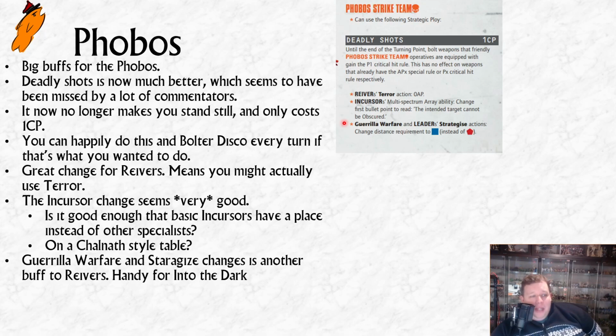Now, my only downside with them, really, is because they had so many buffs and different things, you do need a lot of bits of paper and a lot of asterisks and a lot of remembering where stuff is to play Phobos properly. Unfortunately, they've got buffs here, they've got buffs in their FAQ, which is weird. But our Phobos are looking interesting now, I think. Let me know why I'm wrong in the comments. I'm aware I'm shooting against the prevailing wisdom with this one, but I think they look really cool.